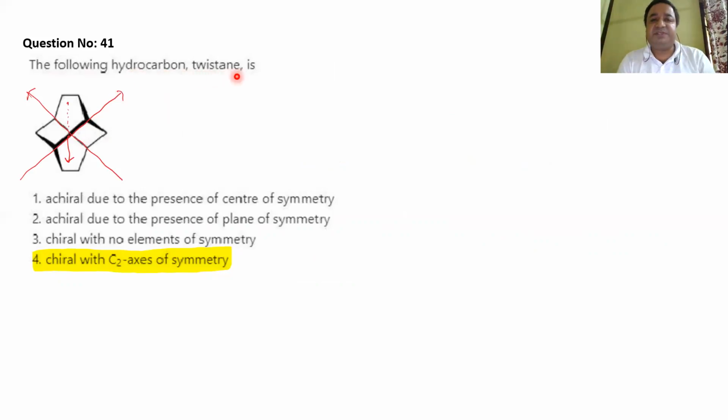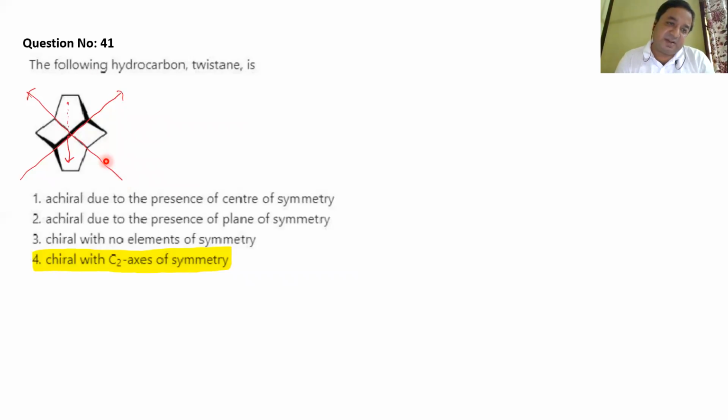The following hydrocarbon is a twistane, and we have to find out which of the following options is correct. For a molecule like twistane, which is basically two cyclohexanes fused together, just keep counting 1, 2, 3, 4, 5, and 6. So these are basically two cyclohexanes that have been fused together. This particular molecule, as I have shown here with this arrow, has a C2